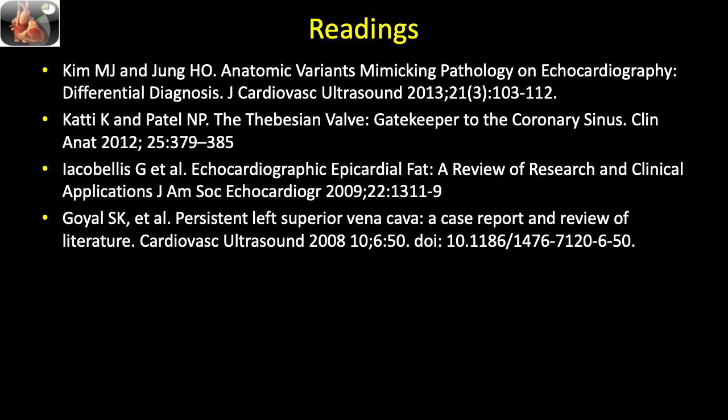An enlarged coronary sinus of greater than 2 centimeters in diameter, and left-sided arm vein injection that goes into the coronary sinus. The pathology is associated with coarctation, ASD, VSD, and cor triatriatum. It can mimic a cyst or abscess